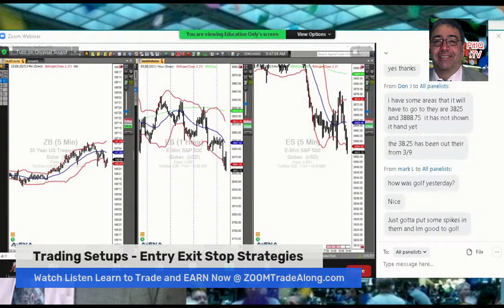As the morning session here comes to an end, we've had a good morning so far. Looking for the 47 on the downside. On the upside, the resistance would be around the 64, 65 area.